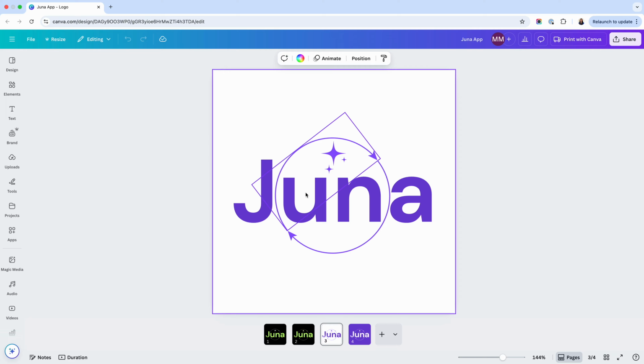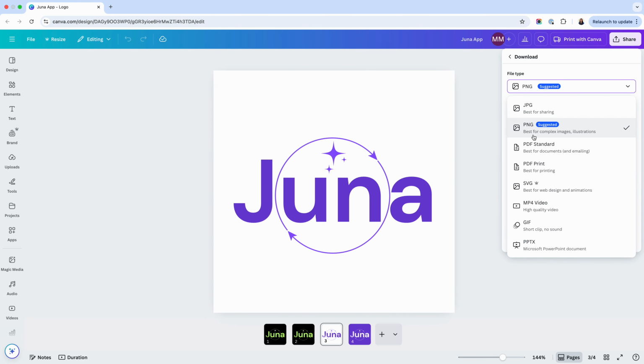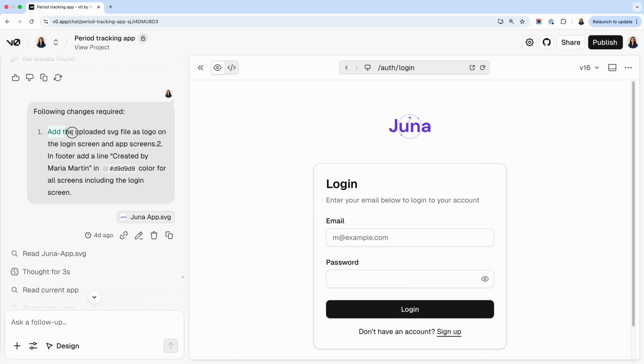Now, in my experience, I have used it to add logo files. So I would create a logo in, let's say, Canva. I would either download an SVG or a PNG file, upload it to V0 or Replit, and ask them to add it to my app. So that's one use case. You can also add, let's say, a PDF file, which is, let's say, a guide on something, and you can upload it to V0 or Replit and ask them to put that into the app. So it's a very nice feature to have, and since both the apps support it, they work pretty fine, and in my experience, I did not have any trouble using this feature.